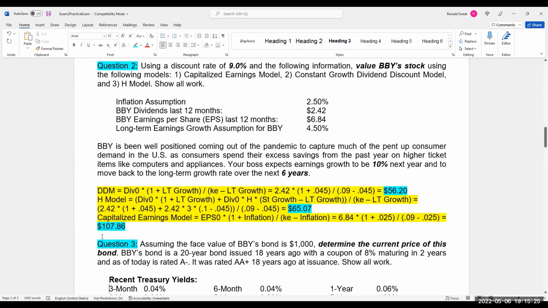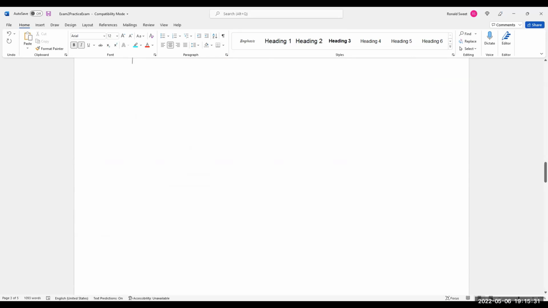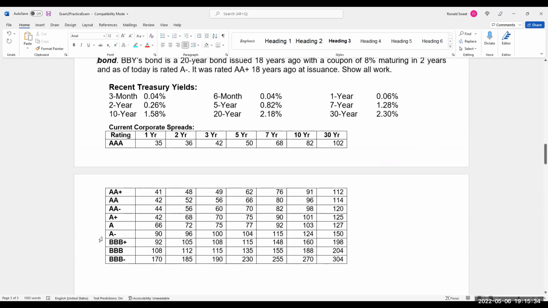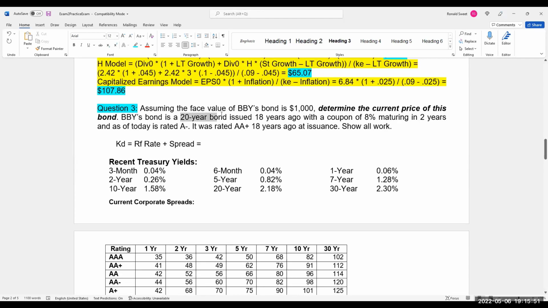All right. Question 3. Here we're going to value the bond. So let's get our KD first. KD is going to be the risk-free rate plus a spread. Look, it's almost always going to be a 2-year bond just because you're doing this by hand. So it's a 20-year bond issued 18 years ago. So our risk-free rate is going to be 0.0026, this 0.26%, but you type it as a decimal. And then our spread,